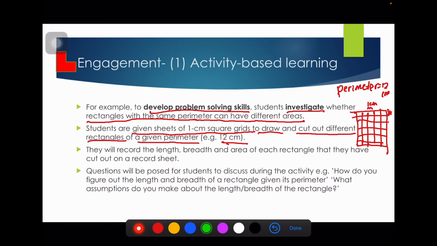So let's have a look at this example. Perimeter is 12 cm, so that means you need to count and draw the outline for a rectangle that has the perimeter of 12 cm. So it could be 1, 2, 3, 4, 5, 6, 7. So that means it could be